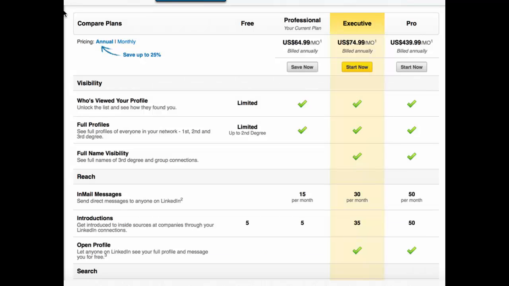And here's some of the plans, and we can go through this in the group calls, what's best for you. The $64.69 a month, billed annually, that gives me a lot of information. And I can go up to the next level. So if I went up to the next level, I'd get 30 in-mails a month as opposed to 15. And I'll explain in-mails in the group calls if you want. I'll actually do some videos on them too. But basically, the more money you pay, the more information they give you. And I find the professional at $64.99 is plenty of information.